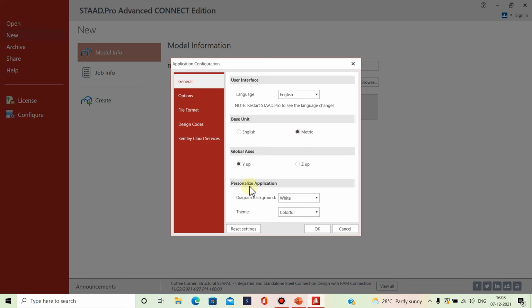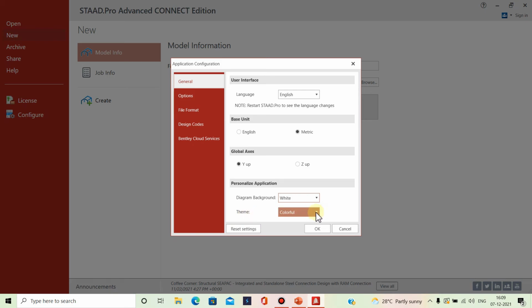And next, in the personalized application you have to provide the diagram background. If you want to change the diagram background, just click over the downward arrow. Here you can see that two backgrounds are available, black and white. Select any one from here, so I am taking white. And after that, if you want to change the theme color, then you can also do that.